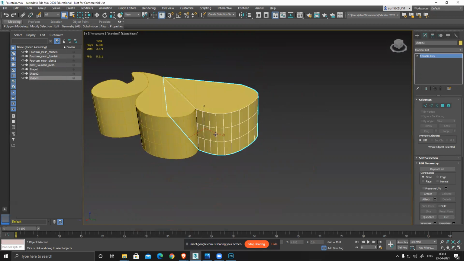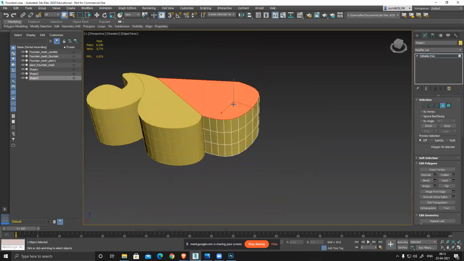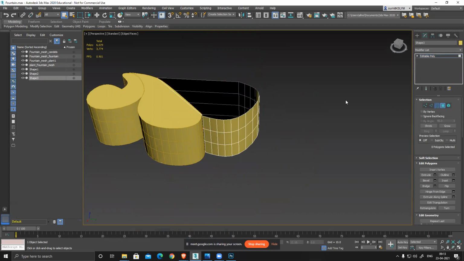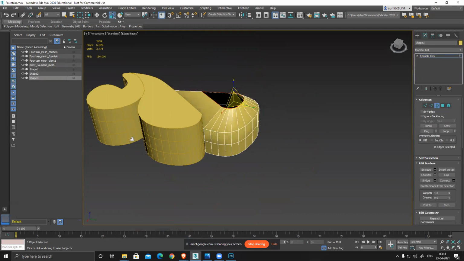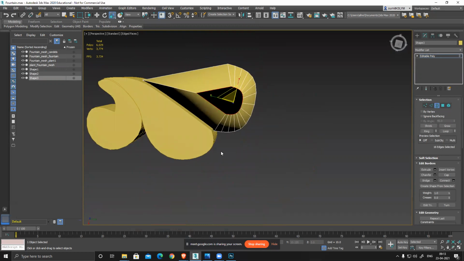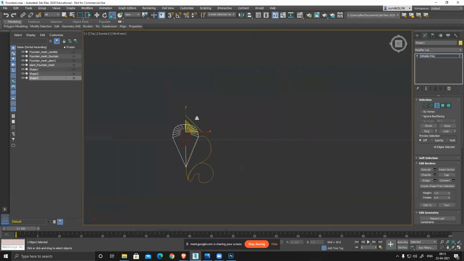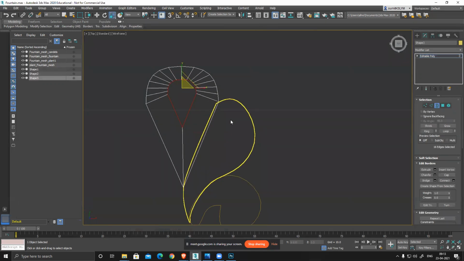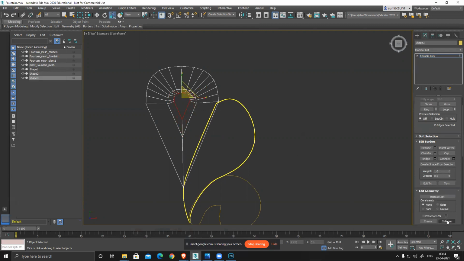So here I have added all those things. If I don't want, I can just simply remove this face and select this border, push it inside, top view, W, move, and then I can extrude it and collapse it.